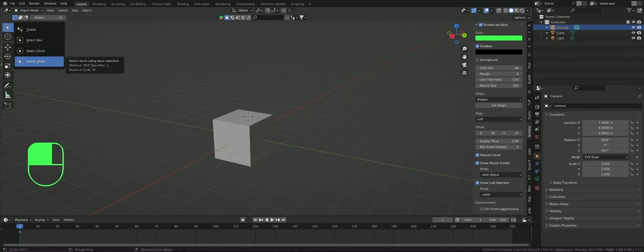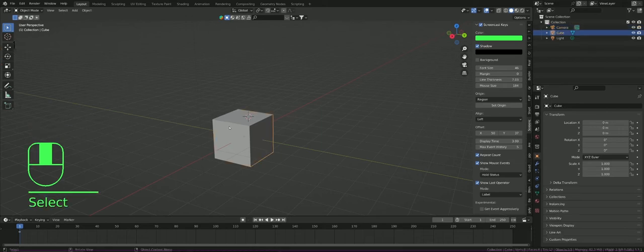Lasso select I never really use unless I need a very specific part of a mesh, for example. The circle select can be useful as well. I never really use that. So I usually keep it on the select box, right? And you can just cycle through those by pressing W a few times and you will see it change on the top left. All right, so now that we have that select tool enabled, we can just select our cube,